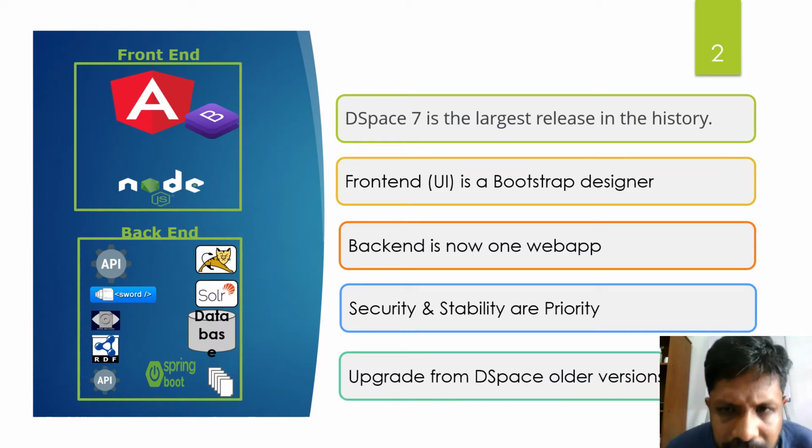Recently the DSpace 7 release, version 7.1, took a lot of time to release, and more than one million lines of code were edited. They have two types of interface, a user interface as well as a backend interface. And JSPUI and XMLUI are no longer available, so each and every DSpace user must upgrade to the latest version in future.